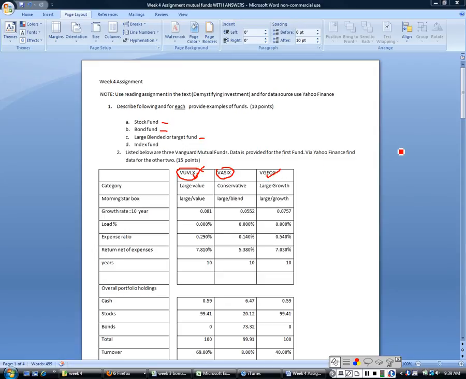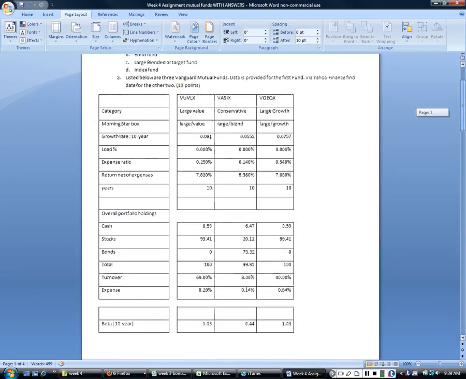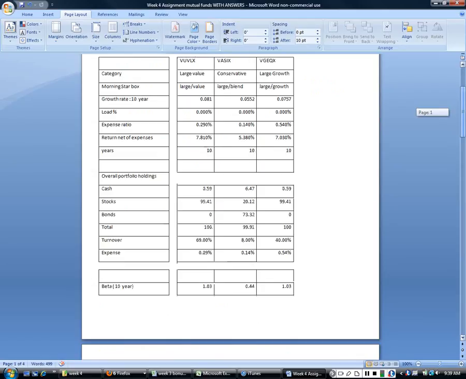Okay, so we got the data from Yahoo Finance. In the other tutorial that I just mentioned, I went through and showed you where all this data comes from. So I think you should obviously go listen to that. And also, really important, even if you know where you got the data from, I think it is important to listen so at least you can hear some of my commentary on what some of this data means, and how one uses it from an investment strategy perspective. Okay, so here are the answers